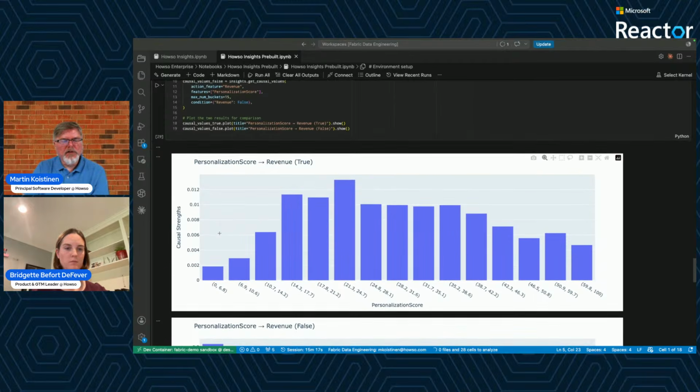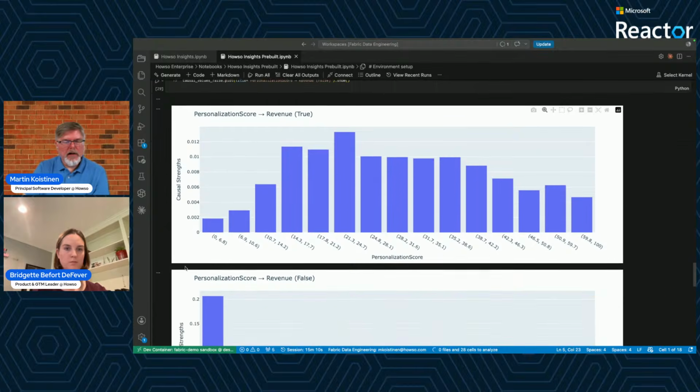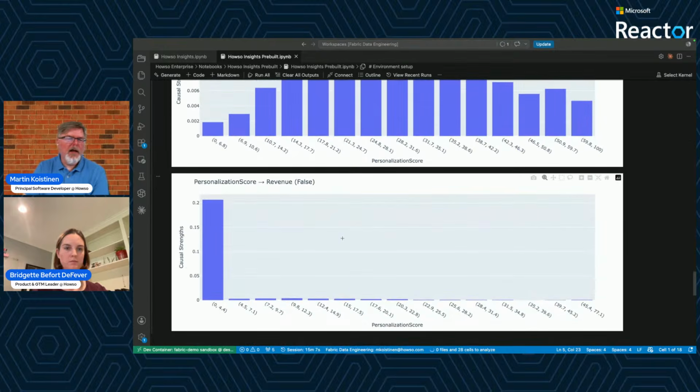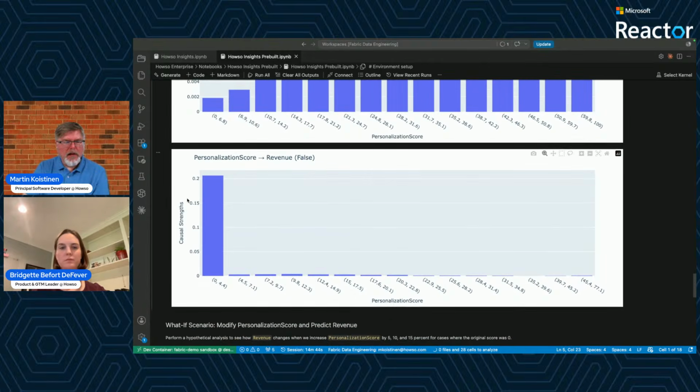And we can do the same experiment with people who did not spend any money, or web visits that did not spend any money. And we notice, way more significantly, that people who did not have any personalized experience were less likely to spend money at the site. So if I was working for this retailer, perhaps in marketing, I would make sure that we are personalizing our experiences for our customers, and that's more likely to drive revenue. And we can quantify that.